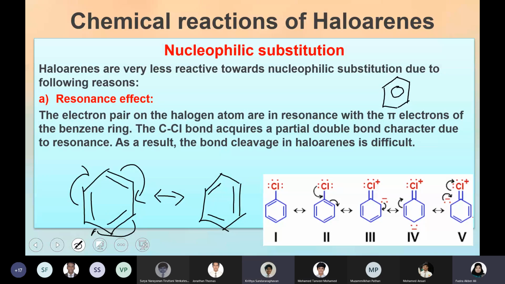Ma'am, isn't the circle meaning it has delocalized electrons? That's what delocalization means. Delocalized means not localized on a particular point. De- is the opposite. It's not localized on a particular area; the electrons are moving throughout, without focusing on any particular location. That is what delocalization means, right? So these two are resonating structures.